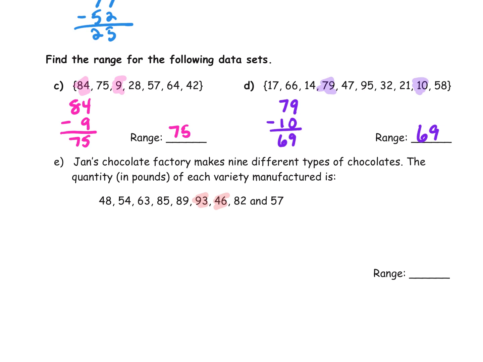And finally, for letter E, the highest was 93 and the lowest value was 46. And for this one, I want to show my borrowing. It's always a good idea when you're doing hand calculations. So I'm going to look at this as 13 minus 6, which would be 7, and 8 minus 4, which would be 4. So the spread, or the range, would be